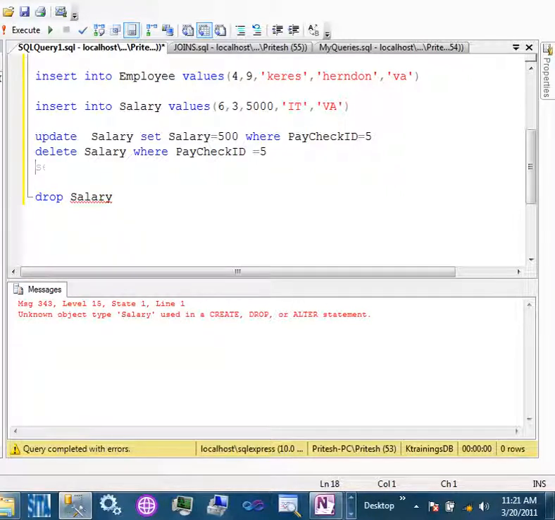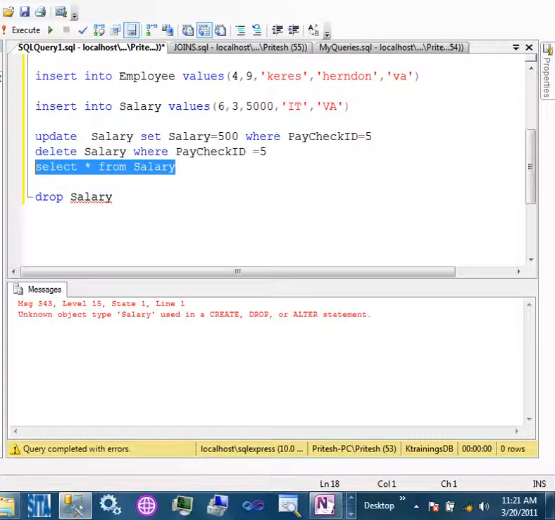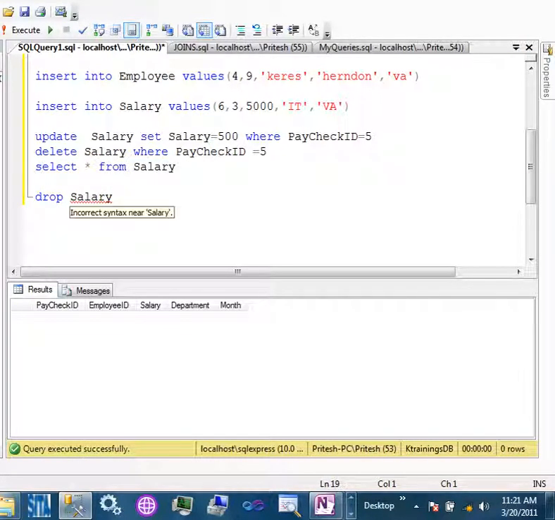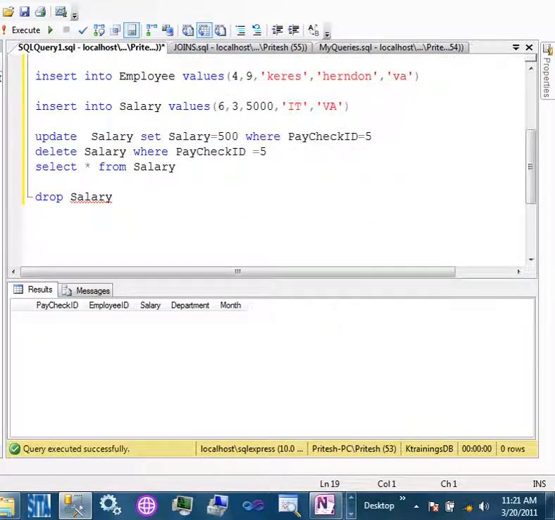What is that? Select star from employee. Oh, drop is for the database, not for the table. I'm sorry. Drop the whole database. Let's say you want to delete this whole database.